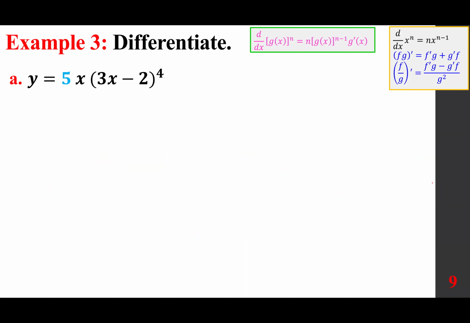What about this function? Y equals 5x times 3x minus 2 to the power of 4. You have f times g, which requires the product rule in conjunction with the chain rule, more specifically, the extended power rule. So f prime g plus g prime f, everybody. F prime is 5 times g, just write the function,